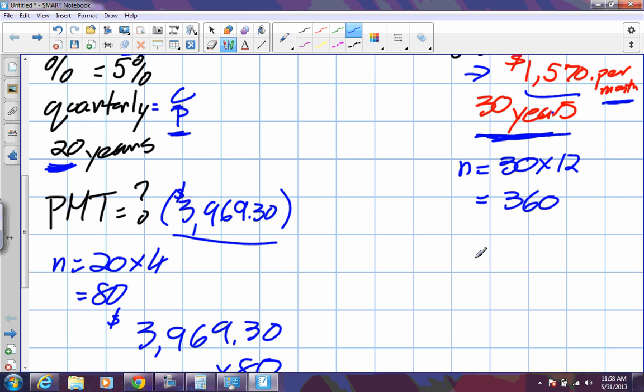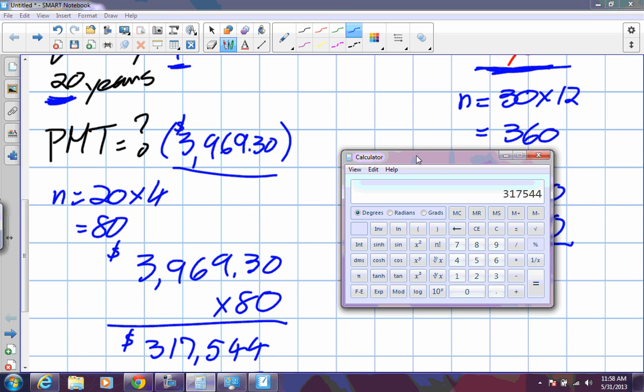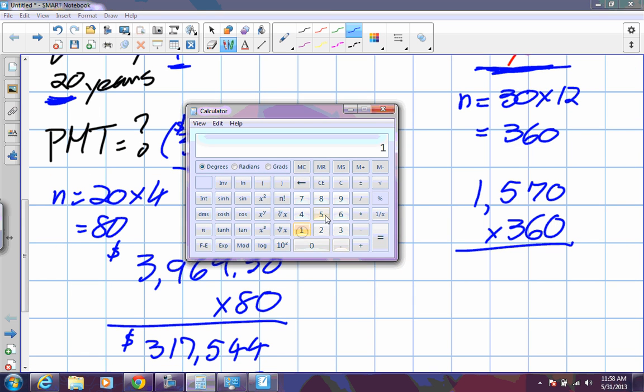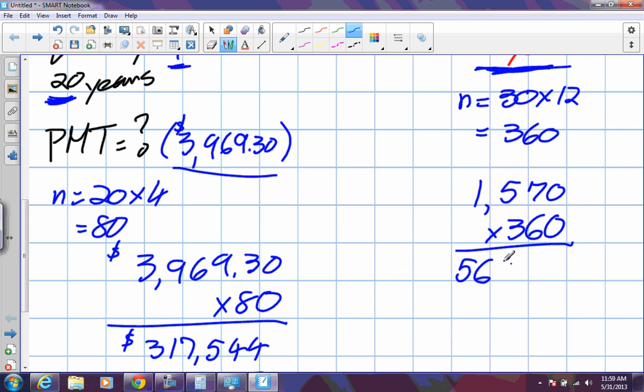Okay? And remember, every month we owed them that much money. So $1,570 times 360. Okay. So how much money did we give them over the life of this mortgage? 1,570 times 360 equals 565,200. So, over the life of the mortgage, I gave the bank